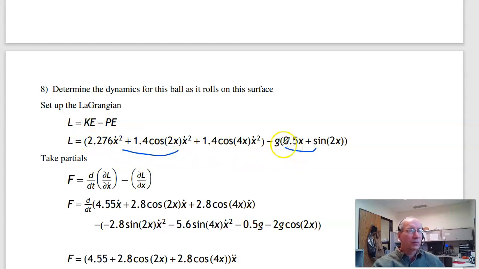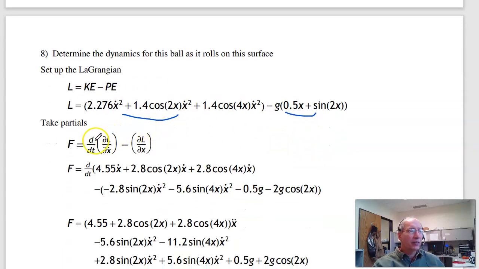Form the Lagrangian. Lagrangian's the difference in the two. The dynamics come from taking the full derivative of the partial derivative with respect to x dot minus the partial derivative with respect to x. Partial derivative with respect to x dot would be 2 times 2.76 x dot. That's this term. Here's an x dot, so it gives you 2.8 cosine 2x x dot. There's another x dot. 2.8 cosine 4x x dot